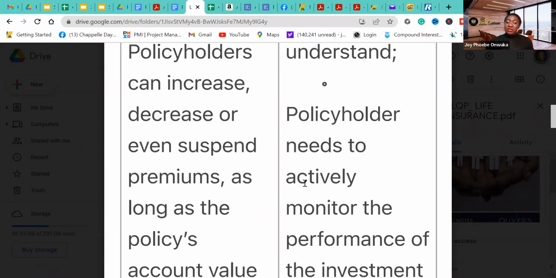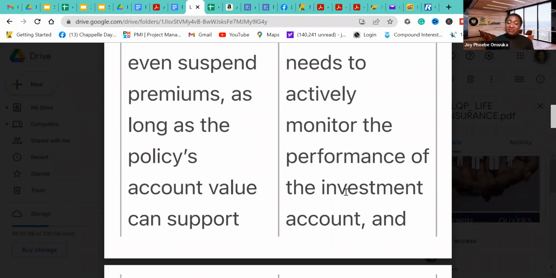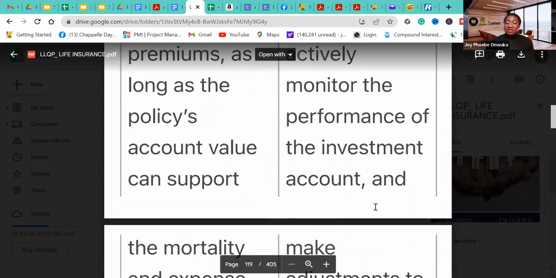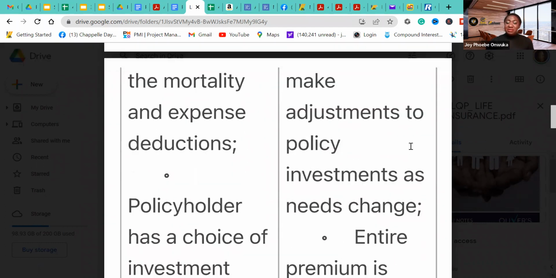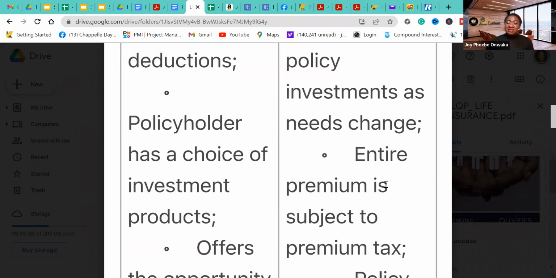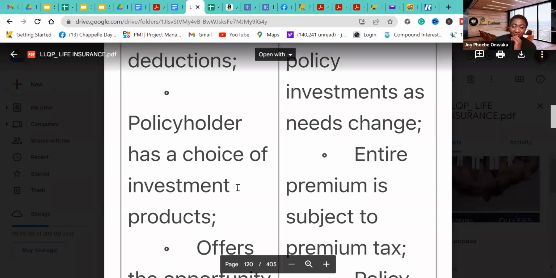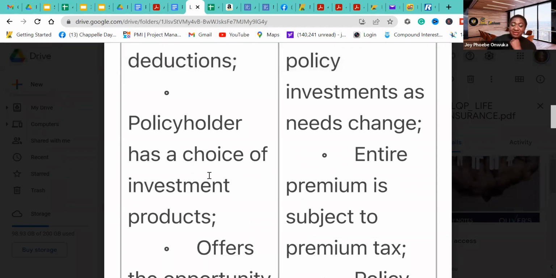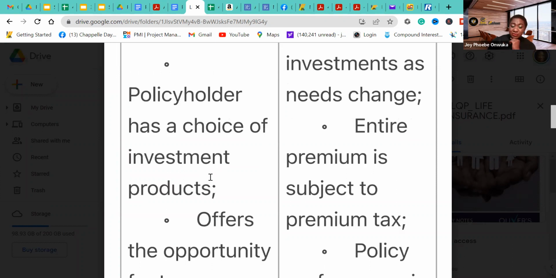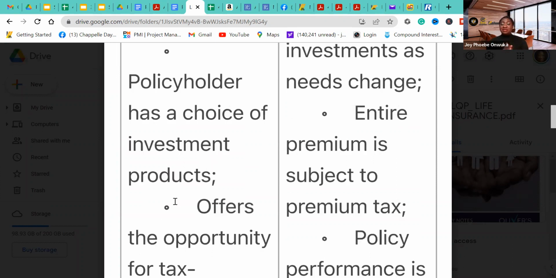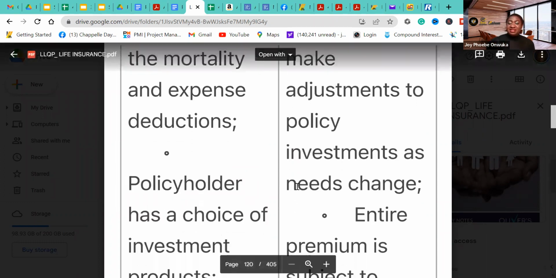The disadvantage is that the policyholder needs to actively monitor the performance of the investment account and make adjustments to the policy investment as needed. Another advantage of universal life is that the policyholder has a choice of investment products. Yes, the policyholder makes a choice. However, the disadvantage is that